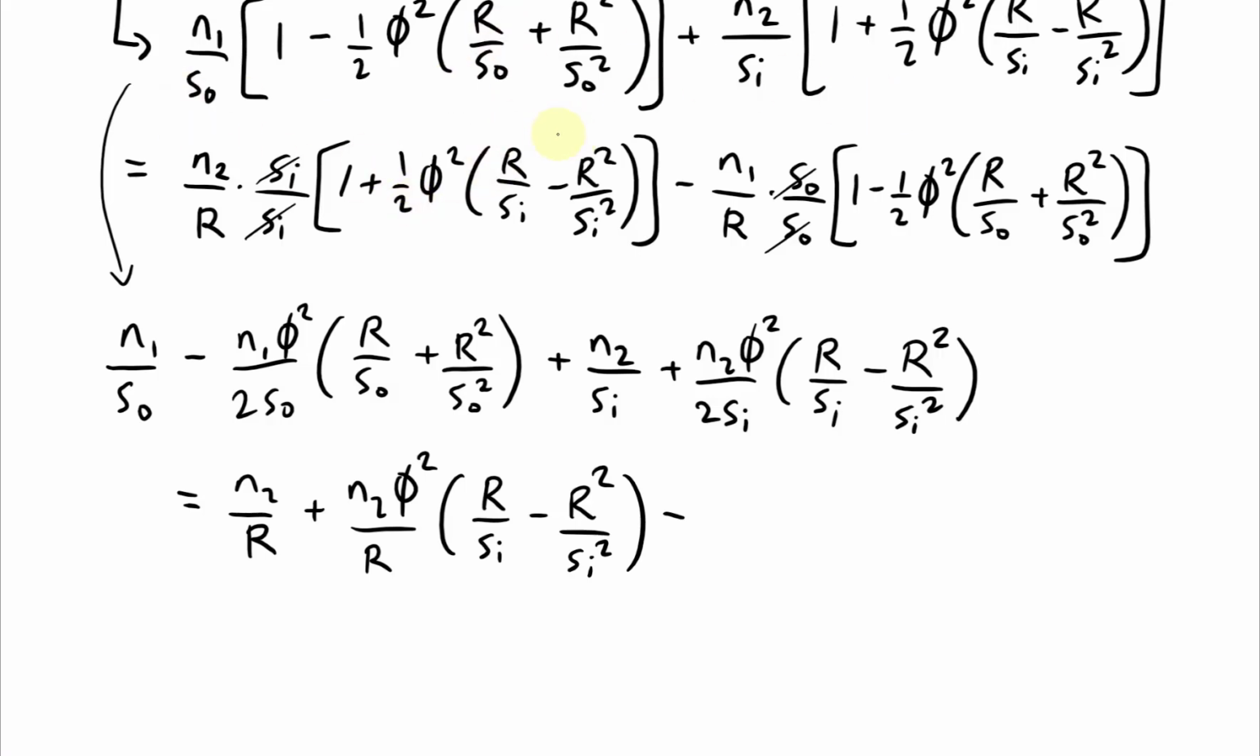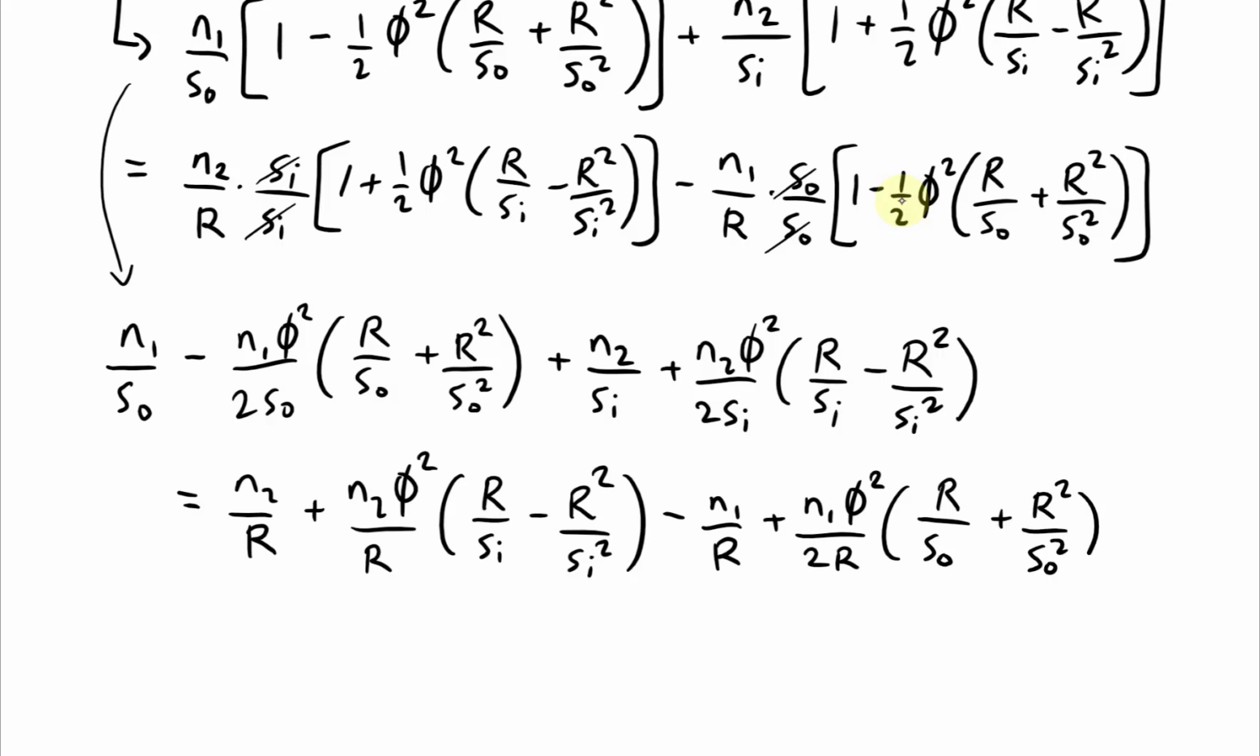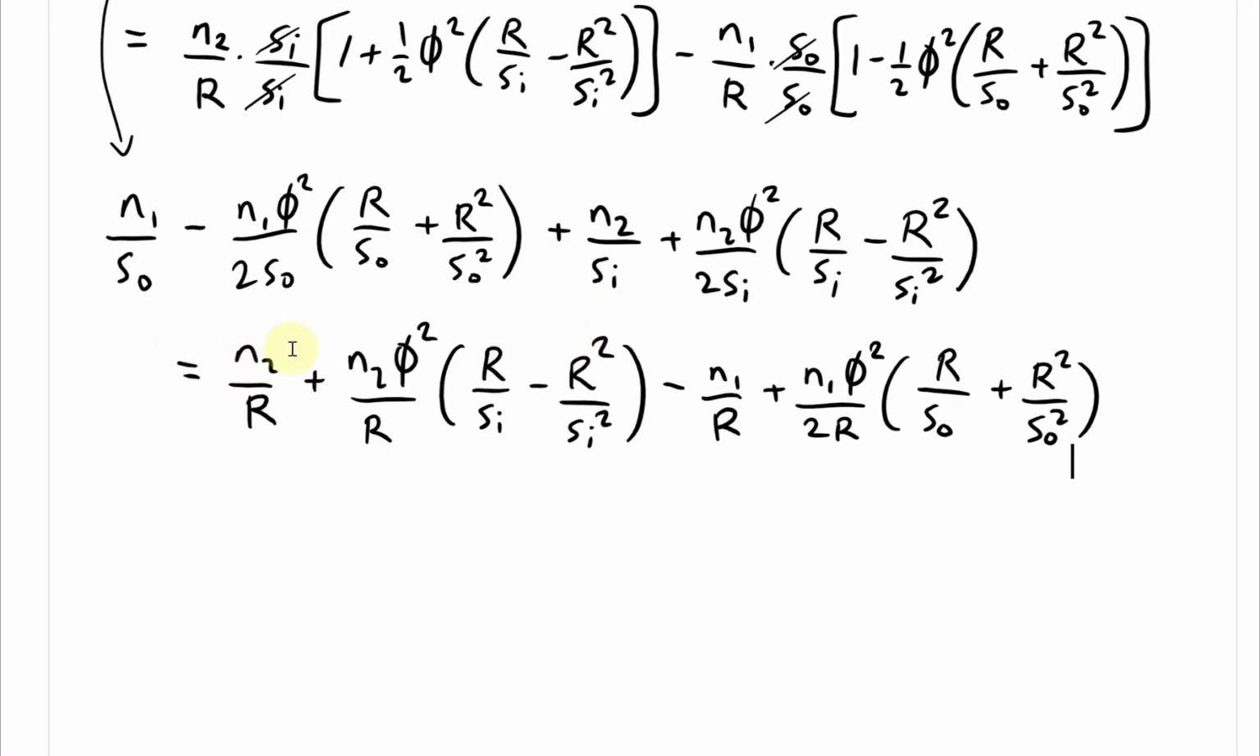Now multiply this n1 inside there. It's n1 over r. Then multiply inside there, so the negative becomes positive. So n1 phi squared over 2r, and then multiply this out by r over s naught plus r squared over s naught squared, and then put a bracket. Alright, so now the next step's going to be, well, we're going to have to just collect